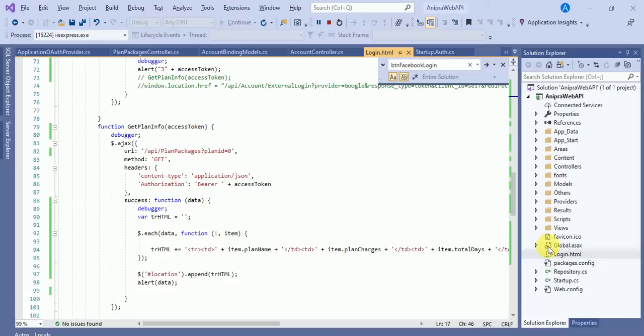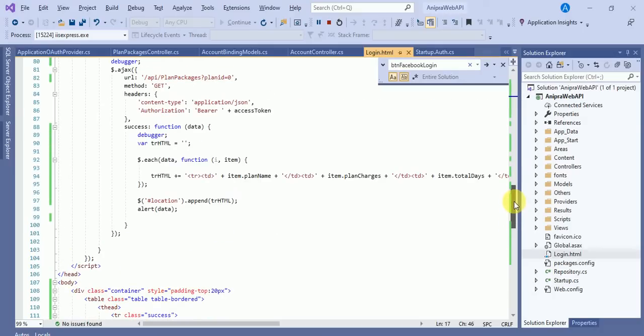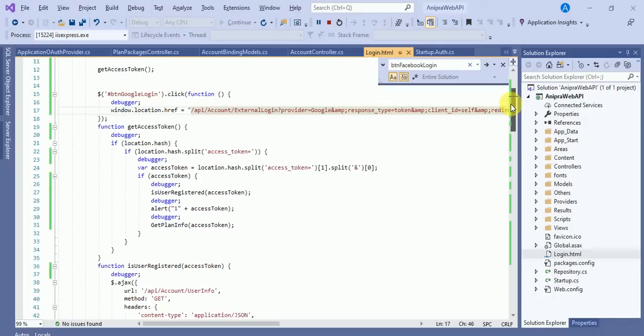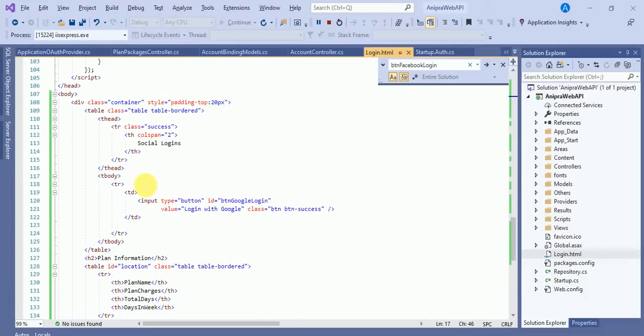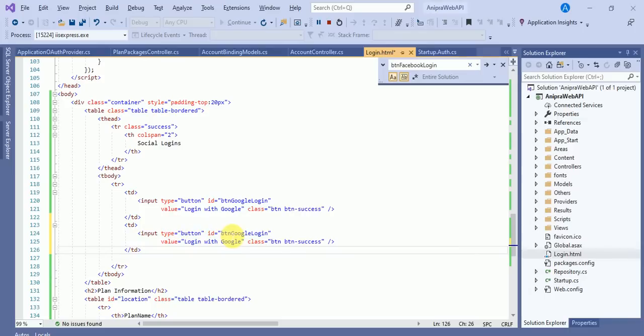This is the login.html page I created in my previous video, and in this video I will add only a second button over here, login with Facebook, btn Facebook login.